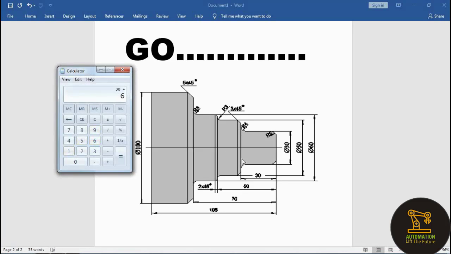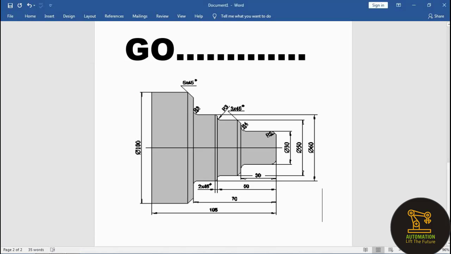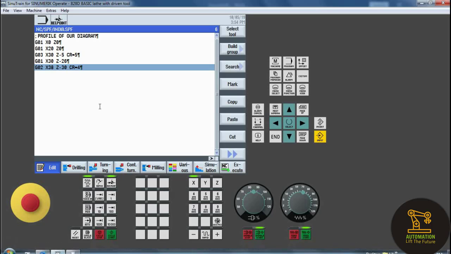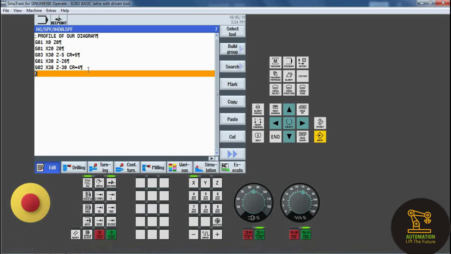After the calculations we conclude that G01, X44 and Z minus 30, I think.